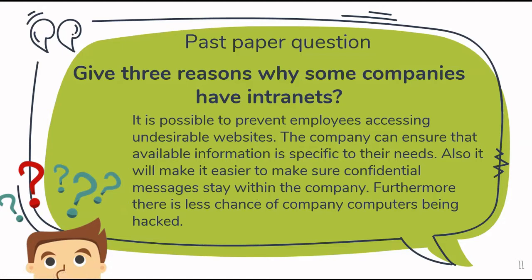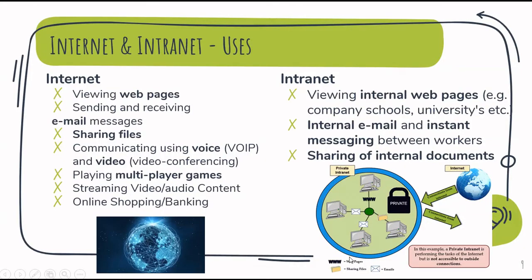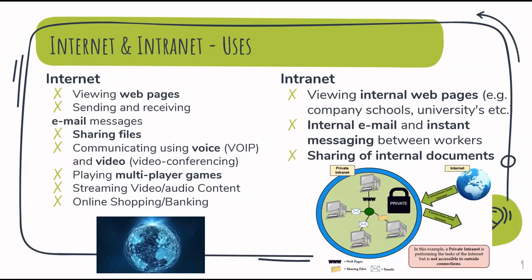Also, another example is when you are filling out a Microsoft Forms assignment, you would have noticed that it allows you to write the form only if you are a member of the organization Al Arqam Academy, because you are part of the intranet. Another reason why companies have intranet is that there is less chance of the computers being hacked, because as you saw in the previous picture, there is a layer of security surrounding it. And what is this security? An extra layer of security that can be some antivirus software, blocking certain websites and so on.